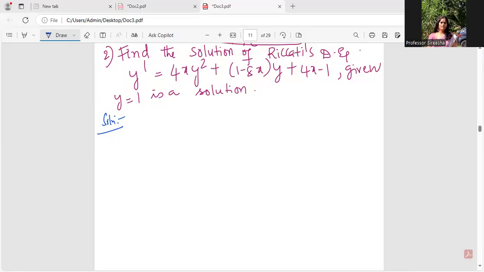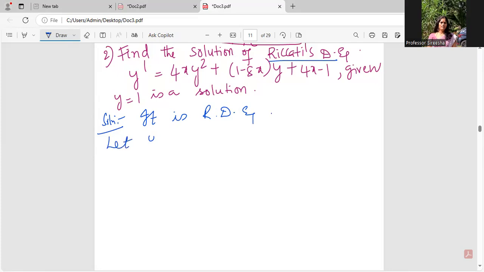See, there's one more problem on Riccati differential equation. Even if it is not given as Riccati, you should make it a point to write the model of the differential equation so that the examiner is clear that you're following a specific procedure, because every model has a procedure, right? So you'll be writing here, it is being given as Riccati, but even otherwise also you'll be writing it's a Riccati differential equation and